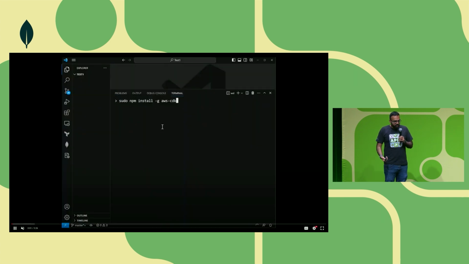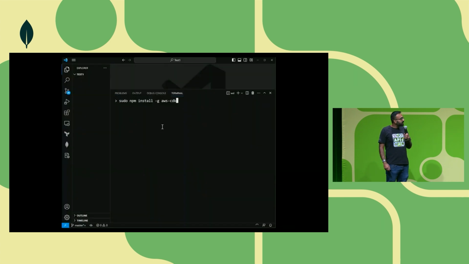Okay, so this is just basically an empty directory in VS Code, and first line straight from the AWS CDK tutorial: npm install -g, or global, the AWS CDK. This installs the CDK on your machine if you haven't already done so before. And what's really exciting about that is that it's always continuously being upgraded and maintained by AWS. So making sure to do that gives you the latest and greatest version. Next, we're going to bootstrap.